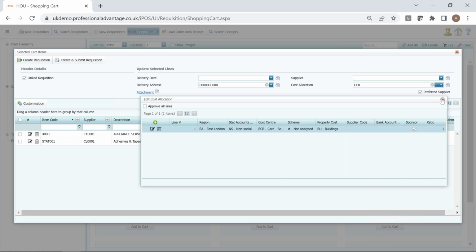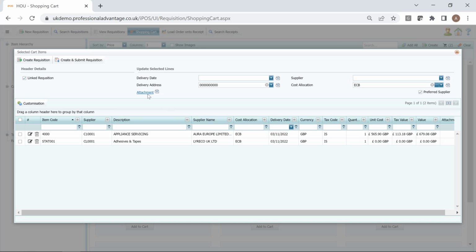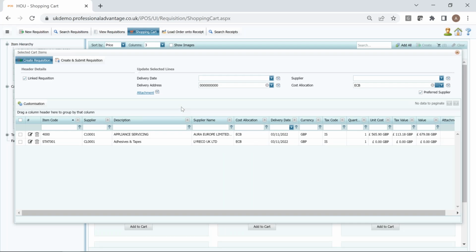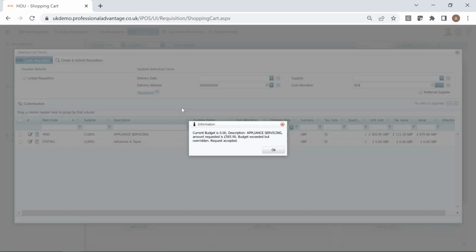So if I'm happy with my coding here, I can actually create and submit the requisition. So that would then create a requisition sitting in the background. And I'm going to create it, but not submit it at this stage. So if I go create, this allows me then a budget check. So when I create the requisition, it goes off, uses my codes, my values, etc., to check against the Sun budget, check against my expenditure so far, and come back saying, hey, I'm actually over budget here for my appliance